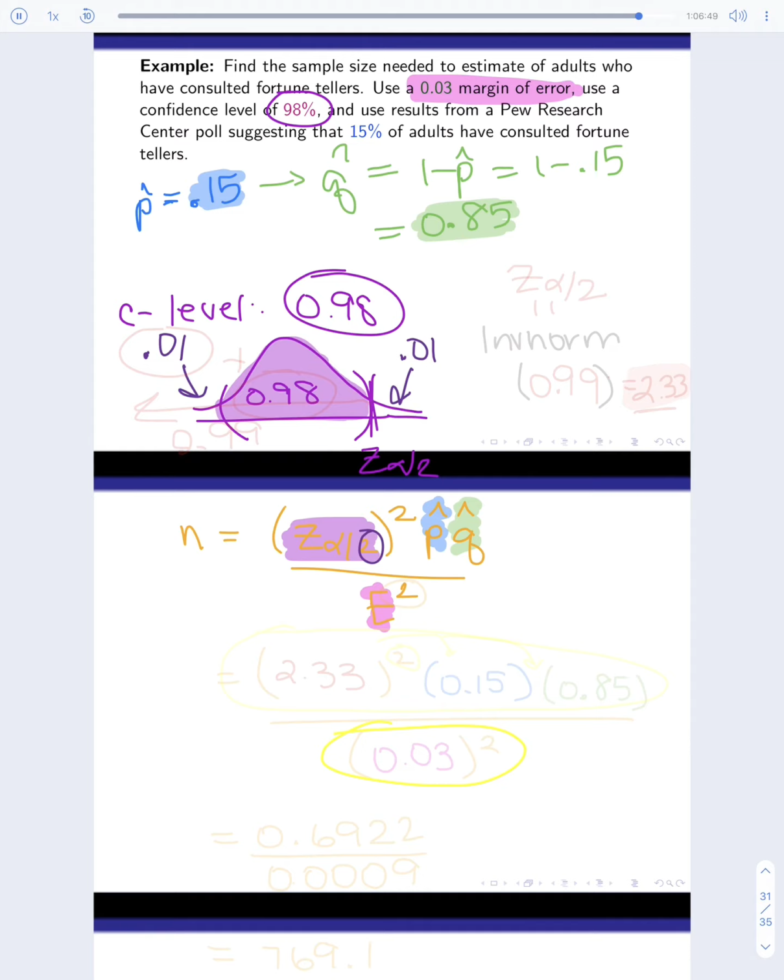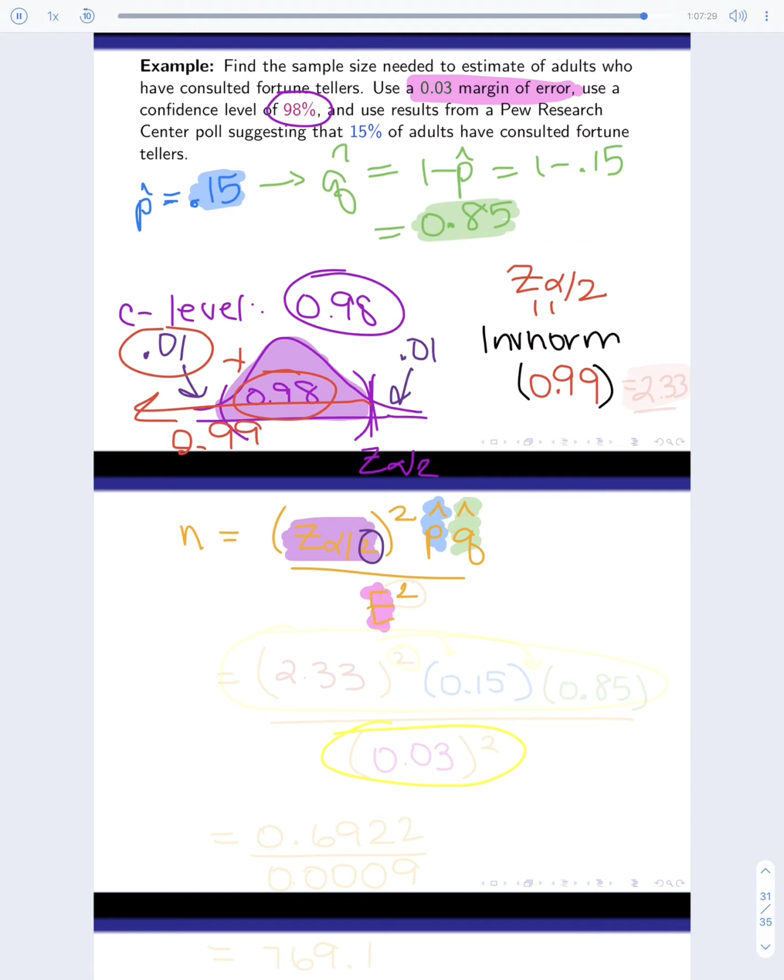from this value. But remember, I need an area to the left, which means I need all of this stuff to the left, which means not just the 0.98, but also the 0.01. So if all of that is put together, it means I'd add those two, the 0.98 and the 0.01, and that would give me a 0.99. So that means I'm going to do an inverse norm of what's to the left, which we just found, which is the 0.99. And that is going to be my z sub alpha over 2, my critical value that I'll use in my